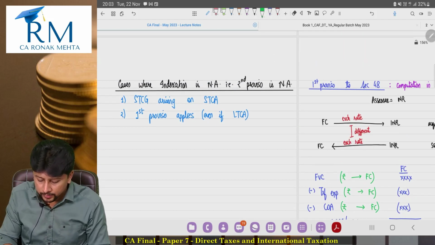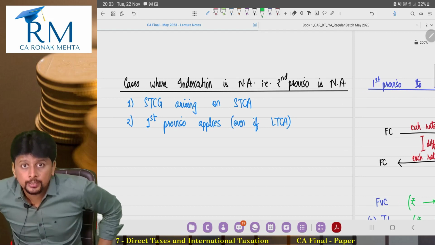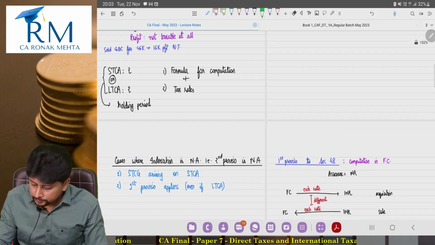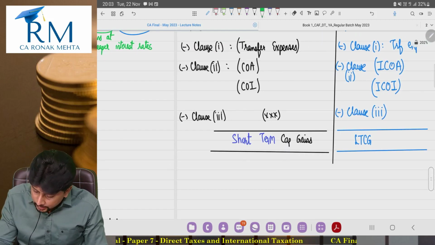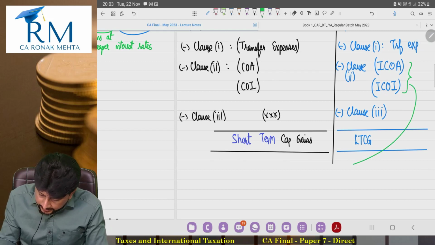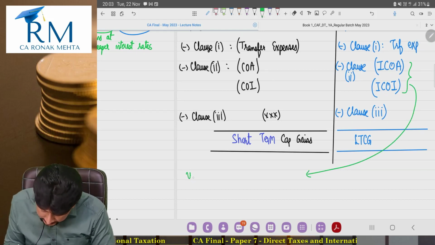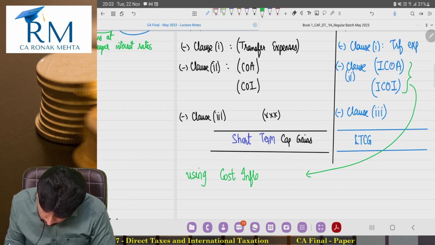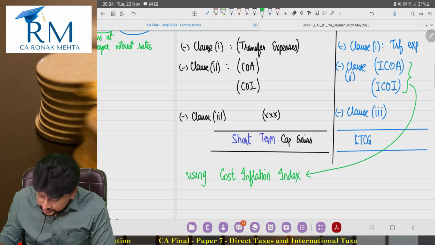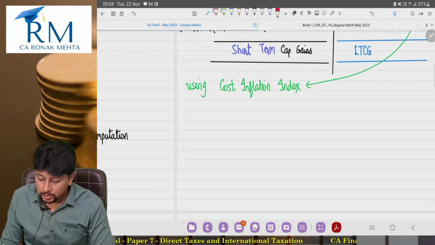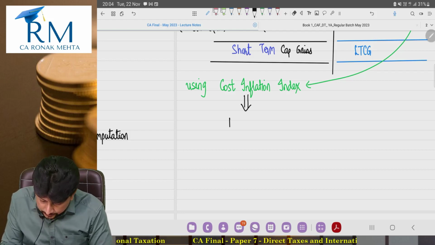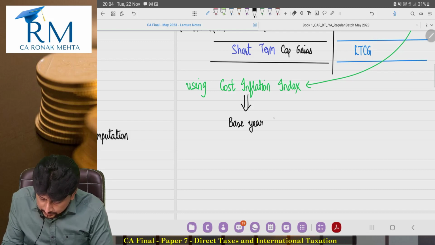I'll tell you what we were doing. We were studying a situation where indexation does not apply. How do you do indexation? Using your CA Inter knowledge, tell me, how do you do indexation? Indexation is done using the concept of cost inflation index. In fact, if you strain your memory a bit, you might also recollect that in this cost inflation index, we used to take base year as